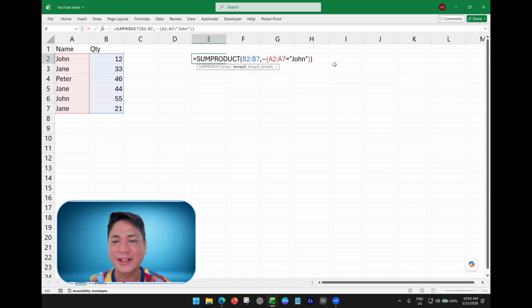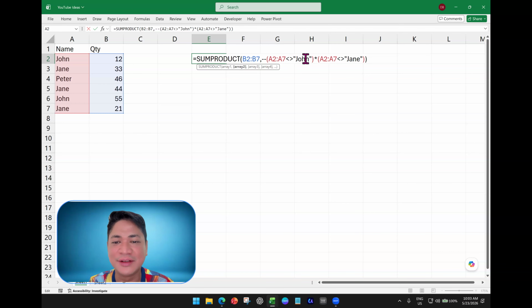And for that, okay, we have to use another one here. So we have to start with the multiplication symbol and then say that A2 to A7 is not Jane. I have to do the same over here with John. I have to convert it to not John. So my solution now says SUMPRODUCT of those that are in B2 to B7,